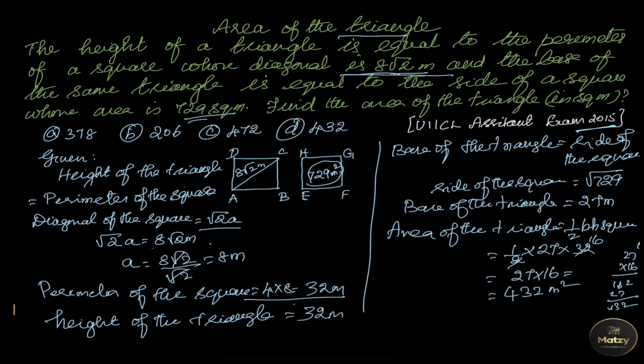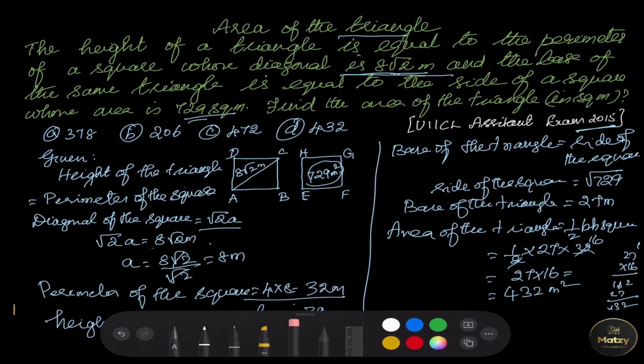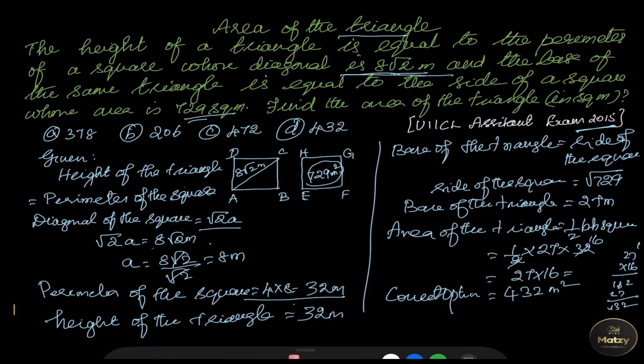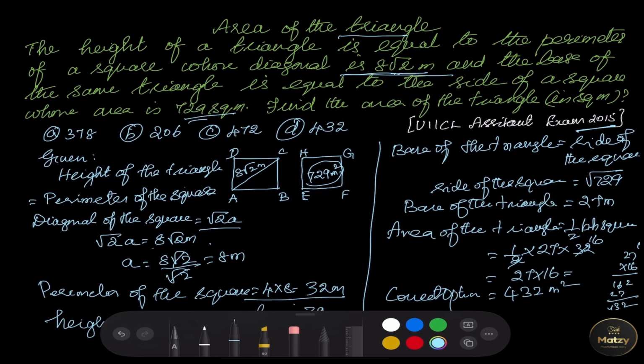27 into 16. 6 7s are 42. 4 6 2s are 12. 12 plus 4, 16. 1 7s are 7. 1 2s are 2. So 432 meters square. That is the answer, so correct option is